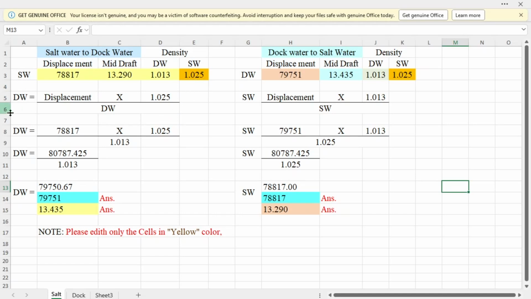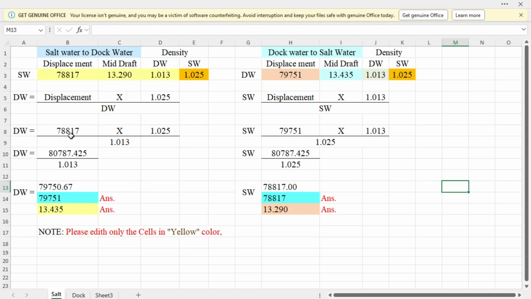So, to get the dock water displacement, it is your displacement of salt water times your constant of salt water of 1.025